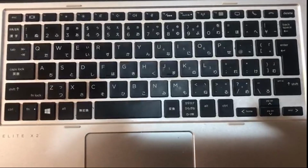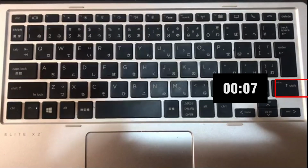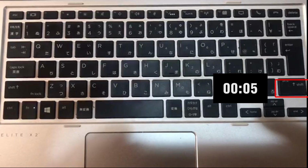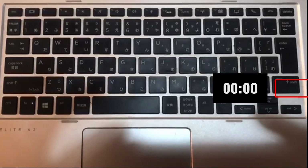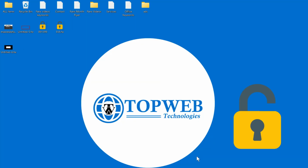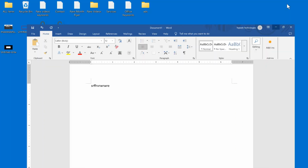To unlock, press and hold the Shift button again for about 10 seconds. Once you hear a beep, then your keyboard is unlocked. And can now type something. With this, you can lock and unlock your